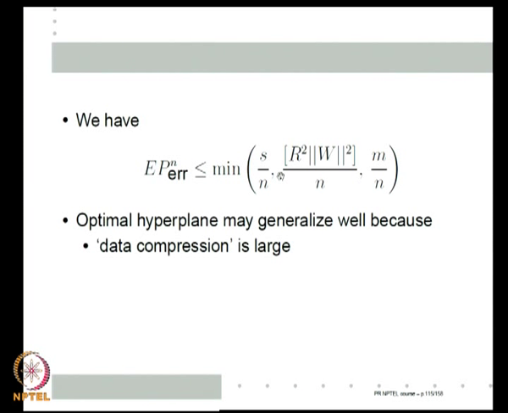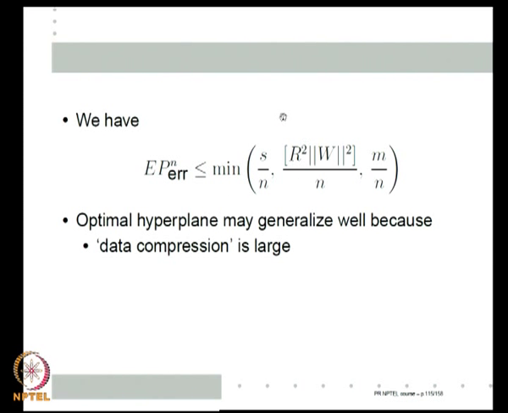Right? So, essentially we see the support vectors are the most important subset of my training examples. If you keep the support vectors and throw away everything else, I will still get the same optimal hyperplane. So, in some sense support vectors represent the rest of the examples as far as the classification problem is concerned. So, if I got a very good insight into the classification problem, that is what data compression means. I can compress all the examples to a few support vectors. That may be the key to my good performance.